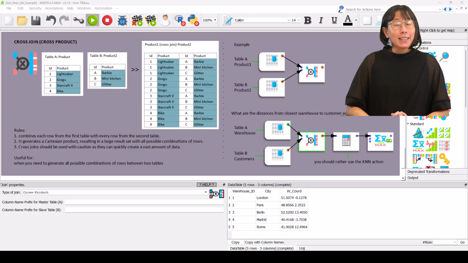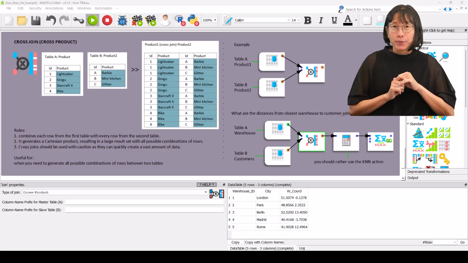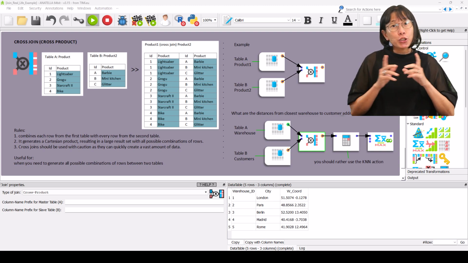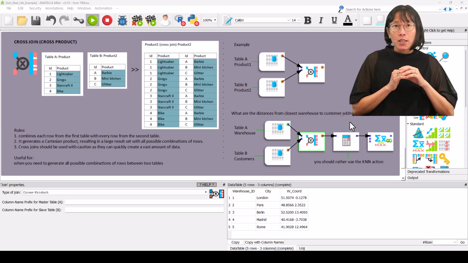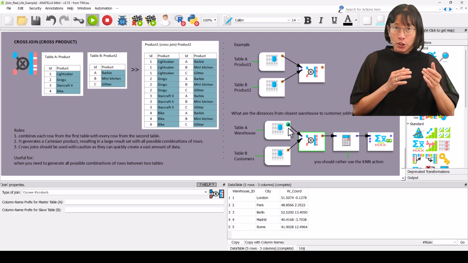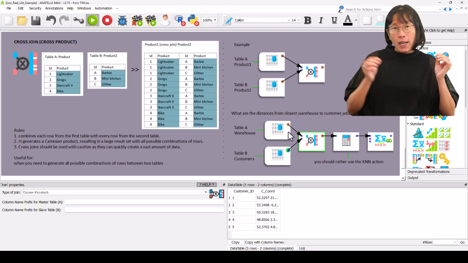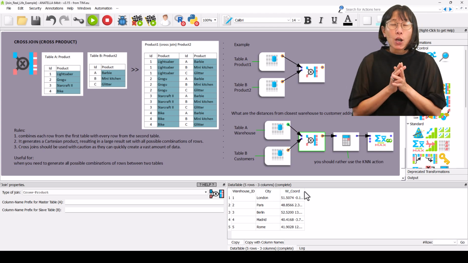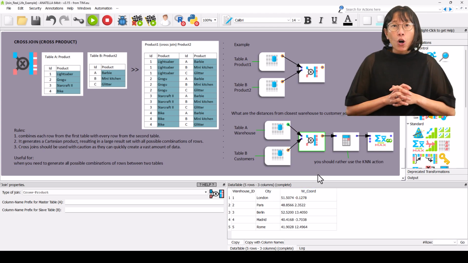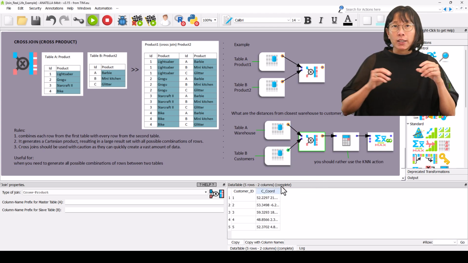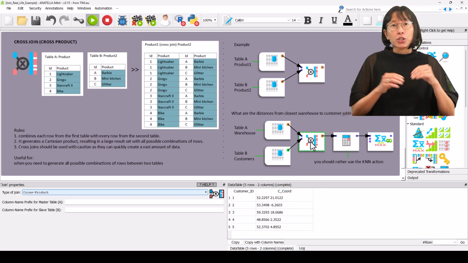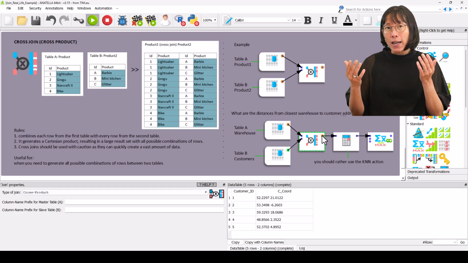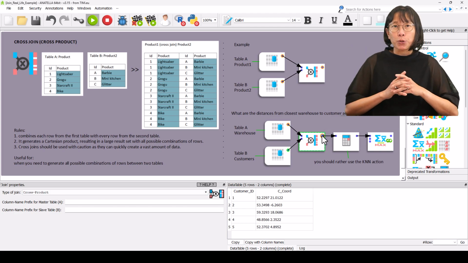Let's investigate another join, the cross-product join. Inside this example, let's assume that we are working for a big web retailer with several warehouses. Here we ask ourselves, what's the distance between each of my customers and the closest warehouse? First, let's compute all the different pairs of warehouse and customer address. To compute all these pairs, we just join the customer table and the warehouse table together using the cross-product join.